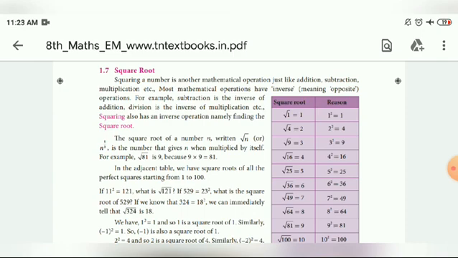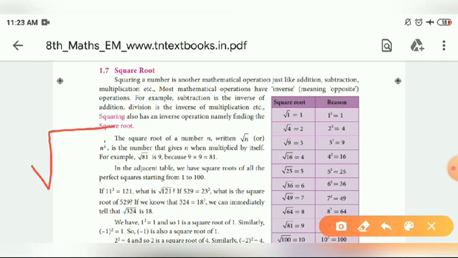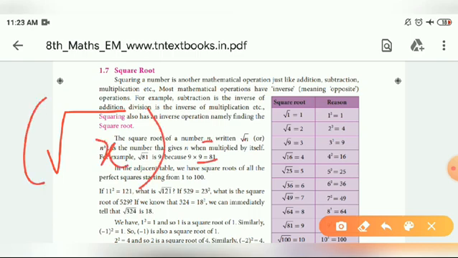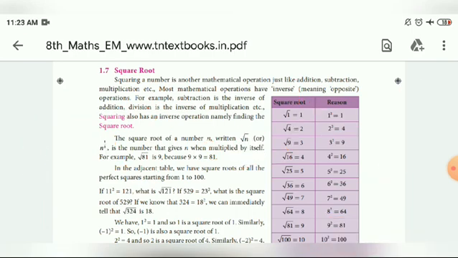The universally accepted symbol is this, the square root symbol. Next you will read cube root, where they write 3 on the symbol. First, just listen to square root. Square root has this symbol, or it is nothing but power 1 by 2, x power 1 by 2. The inverse operation of square, x square, is power 1 by 2.